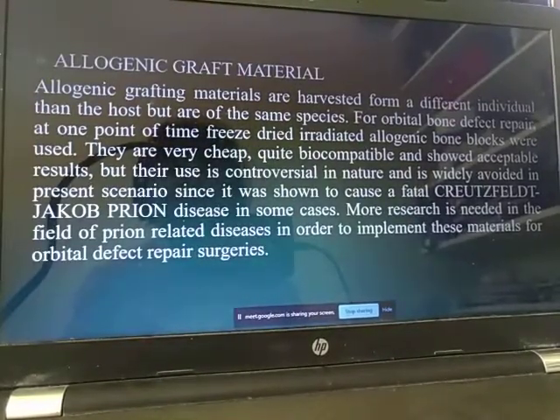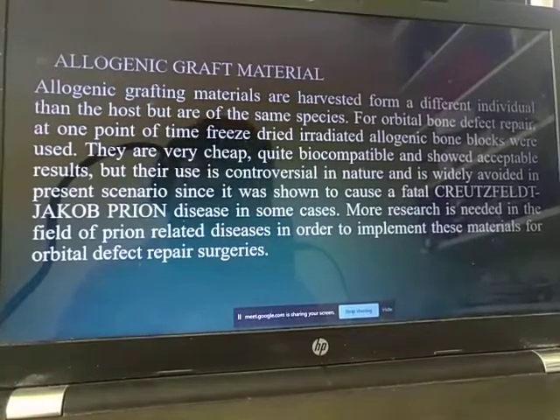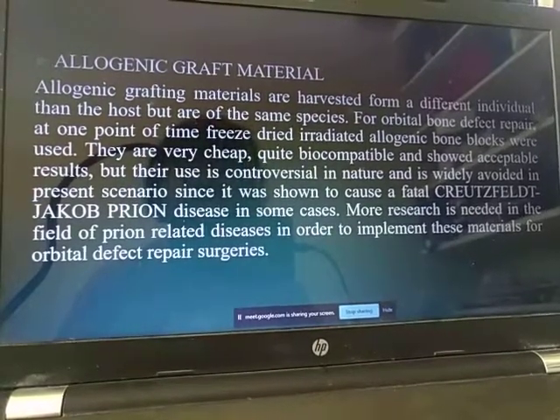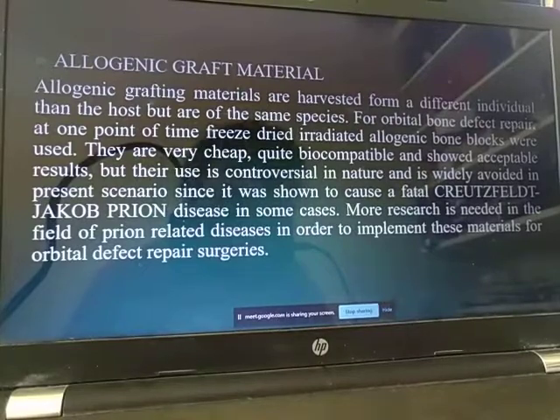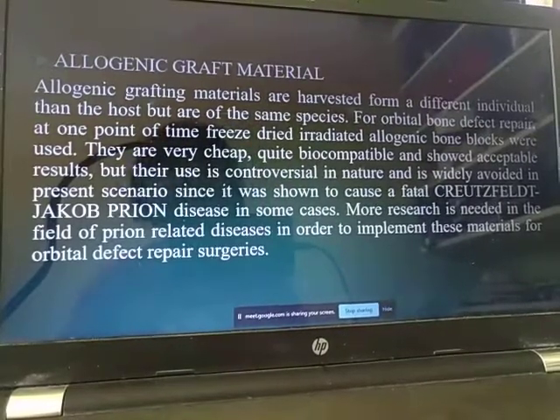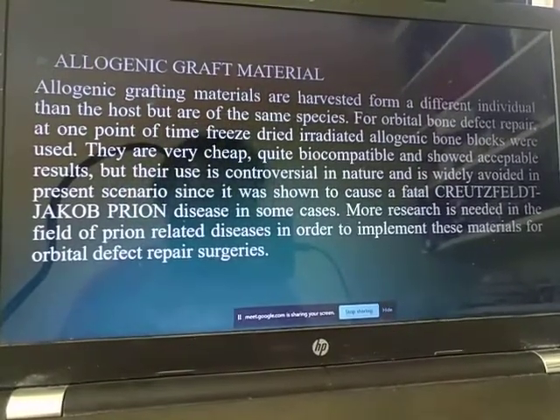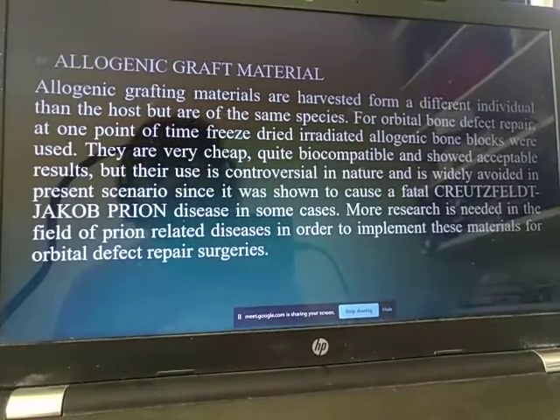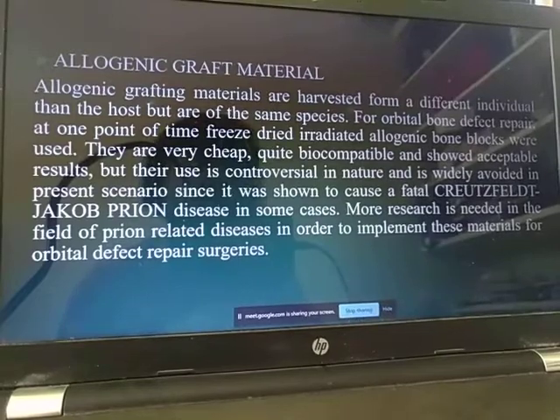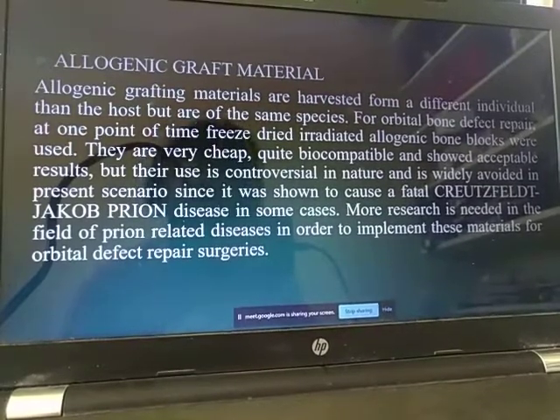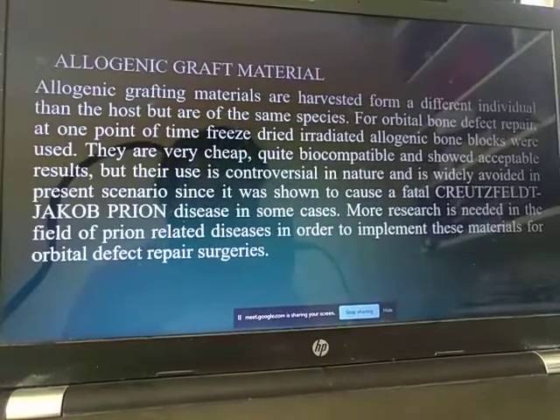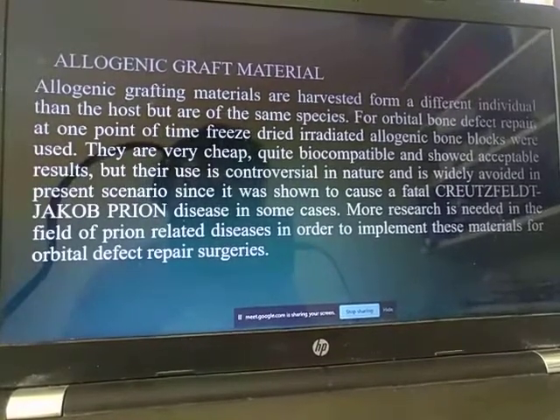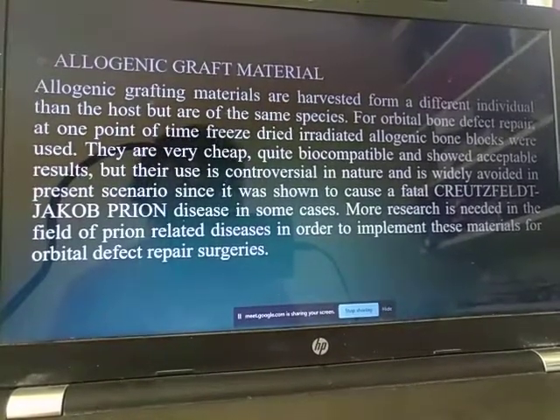Coming to allogenic graft material, allogenic graft materials are harvested from a different individual than the host, but of the same species. For orbital bone defect repair, at one point of time, freeze-dried allogenic bone grafts were used. They are pretty cheap, quite biocompatible, and showed acceptable results. But the use is controversial in nature and is widely avoided in the present scenario because it was shown to cause fatal